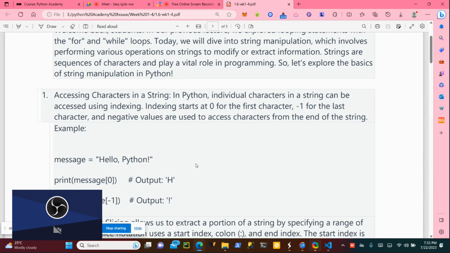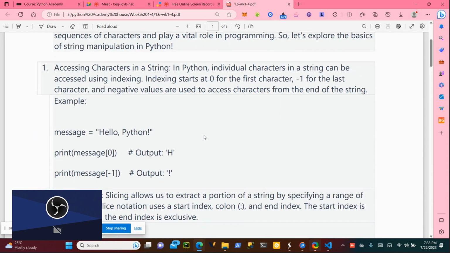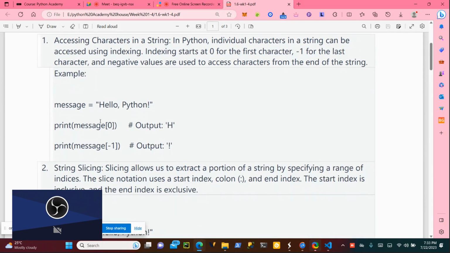Okay, so now let's see an example here. We have message. Indexing starts at zero for the first character and -1 for the last character.